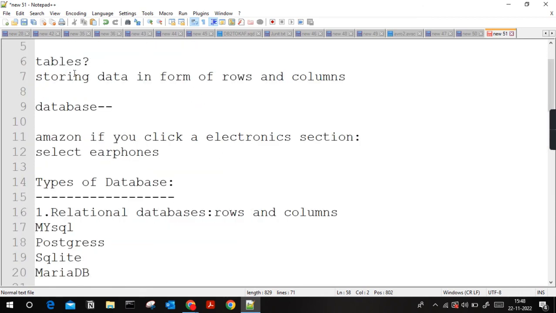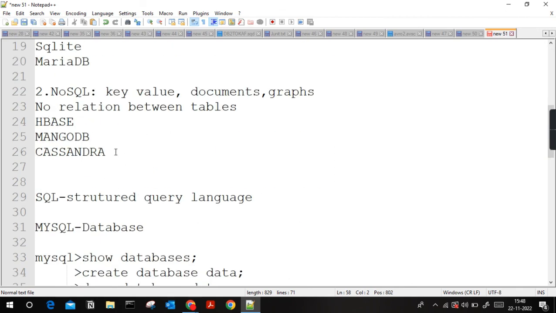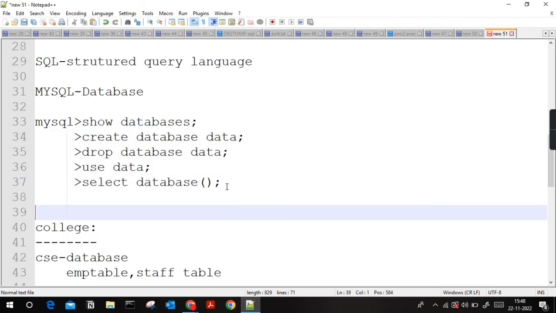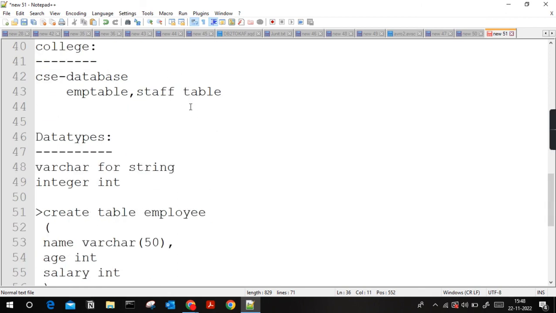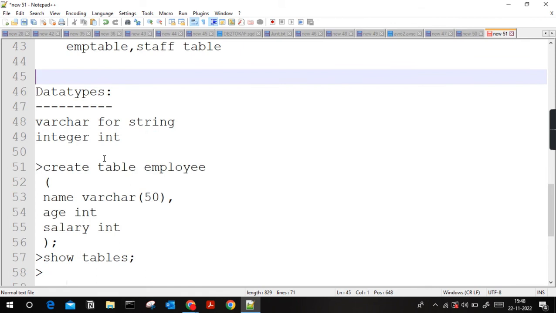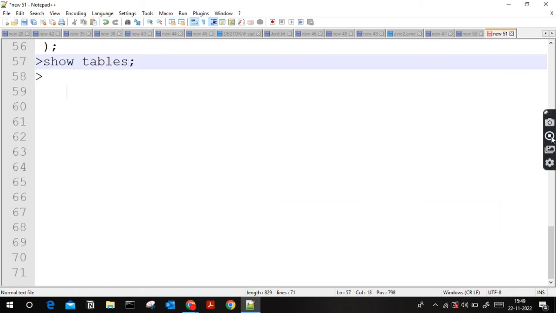We have discussed what databases are, the types of databases, relational and NoSQL, what SQL is, and how to create a database. The basic commands to access, create, and delete databases. We have also seen what tables are, how to create tables, and how to see the tables that exist once we have created them. These are the commands we have used. In day two, we'll be explaining what is the